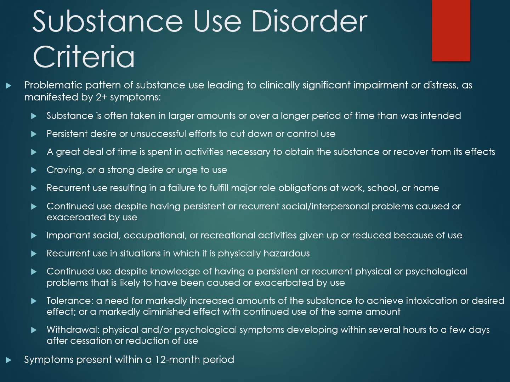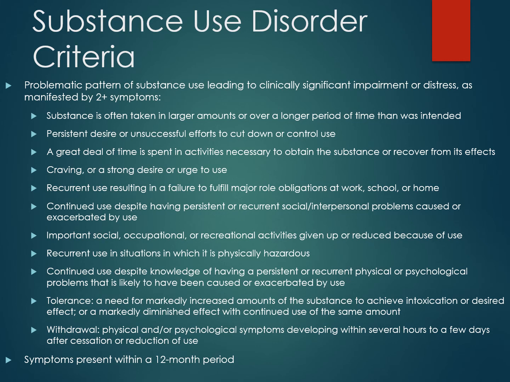The 10th criterion is that the person experiences tolerance. What's meant by tolerance is that the individual no longer experiences the same effects that he did when he first started using. So he needs to start using more to achieve that same effect. So an example is someone who used to consistently feel pretty drunk after drinking about 3 beers, but now has to drink about 6 to achieve that same effect.